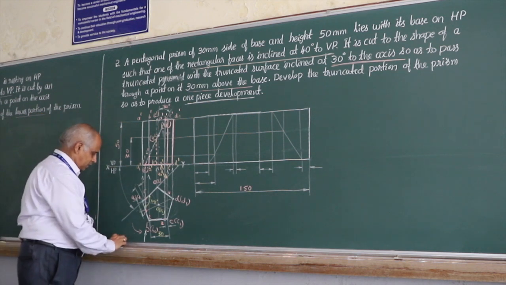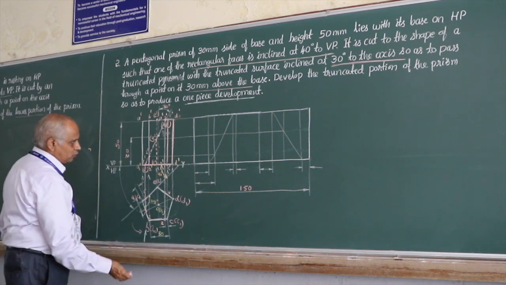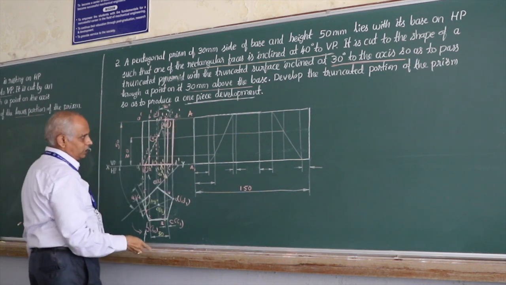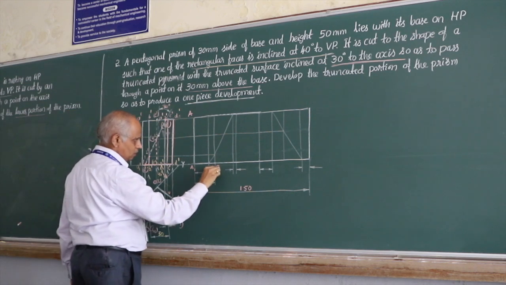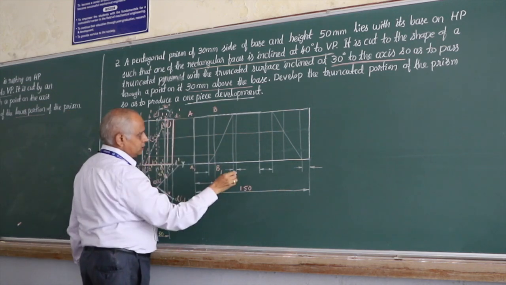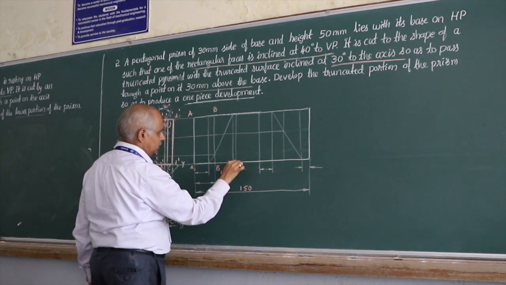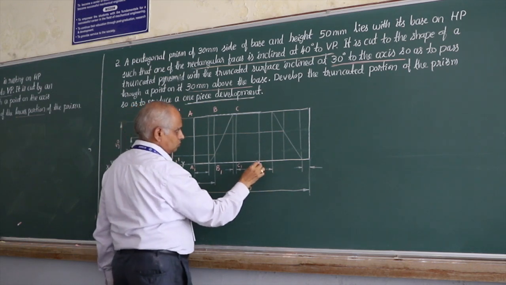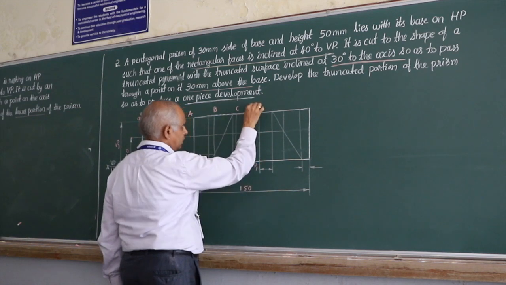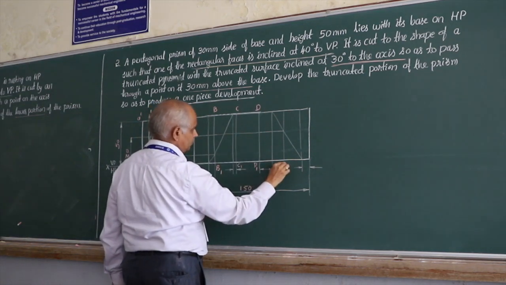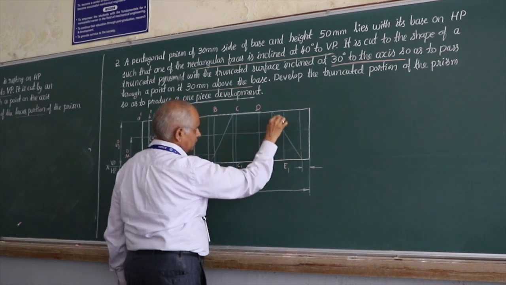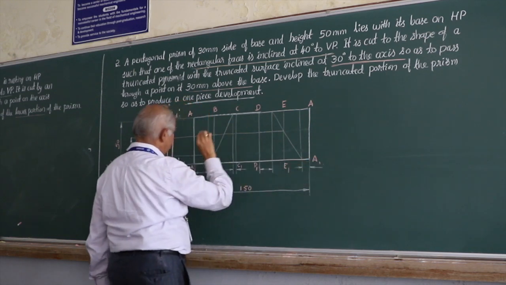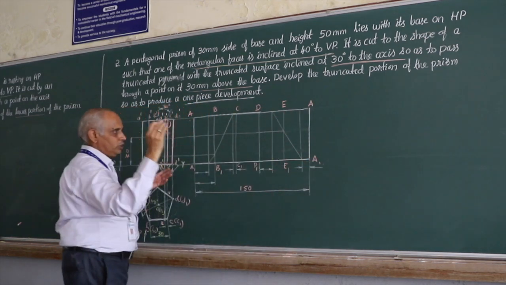So, the removed vertical edge is AA1. Therefore, start the development here. So, call this A1 and this is A. The next one is B1 here and B here. The next one is C1 and C. Then we have D1, D. Then I have E1, E and back to A1. Remember, A1 should come and coincide with A1, A should go with A once you put the object back.